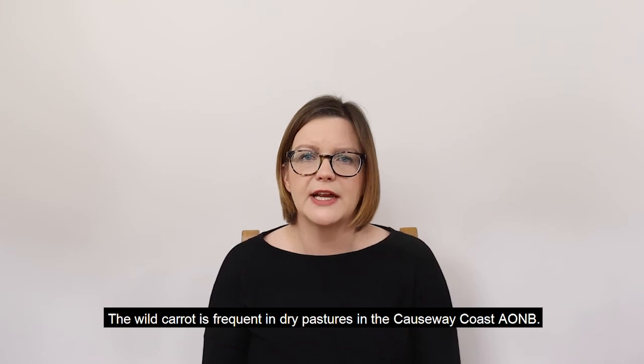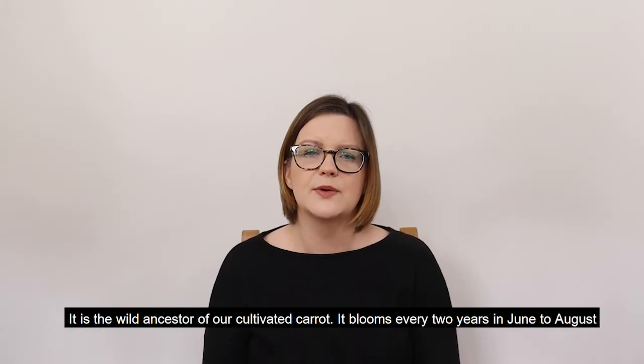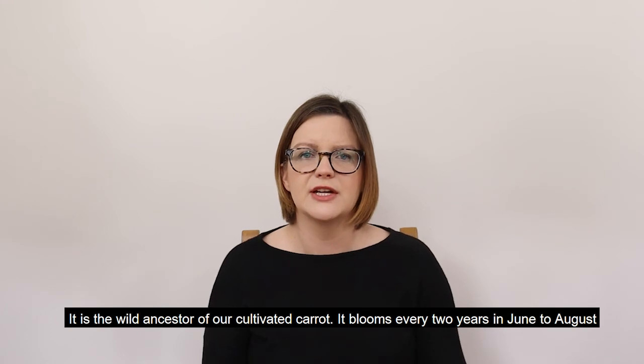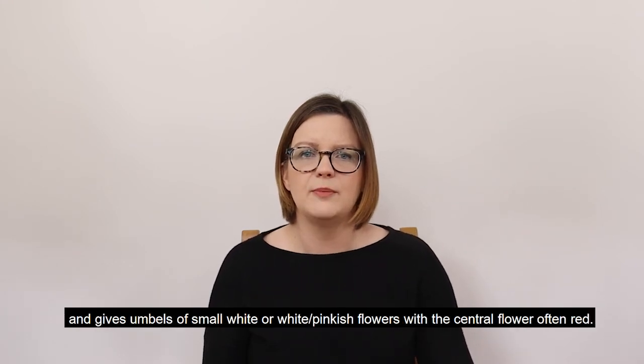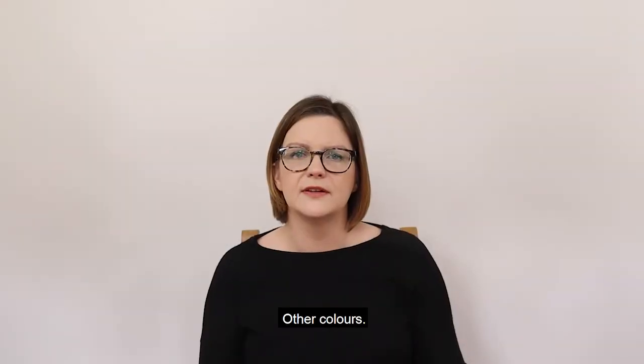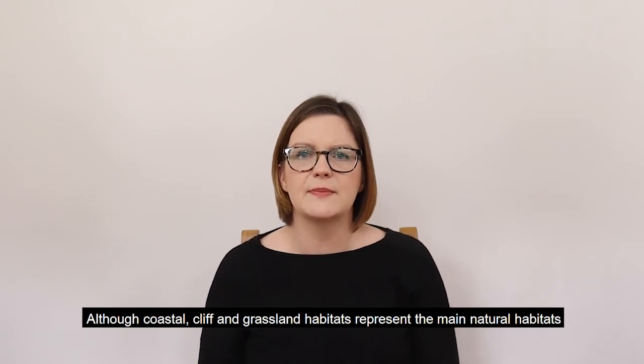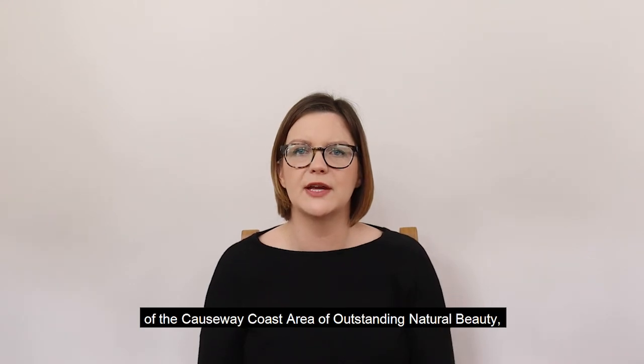The wild carrot is frequent in dry pastures in the Causeway Coast area of outstanding natural beauty. It is the wild ancestor of our cultivated carrot. It blooms every 2 years in June to August and gives umbels of small white or white pinkish flowers, with the central flower often red. It attracts huge numbers of pollen and nectar-hungry insects. Although coastal cliff and grassland habitats represent the main natural habitats of the Causeway Coast area of